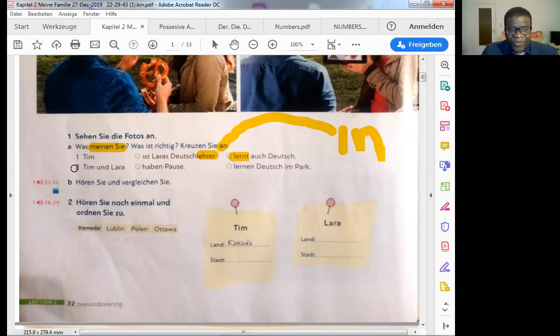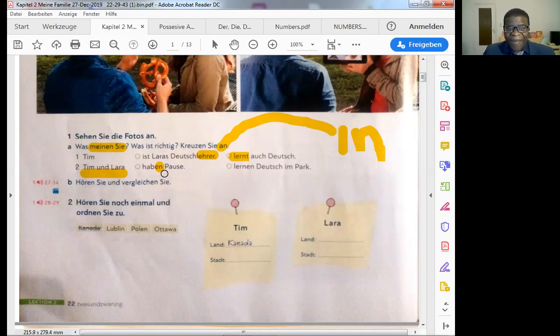Now, Tim und Lara haben Pause. Look here. Tim alone, we are ending the verb, lernt, with T. But in plural form, Tim und Lara, don't end the verb with T. End the verb with EN in plural form.